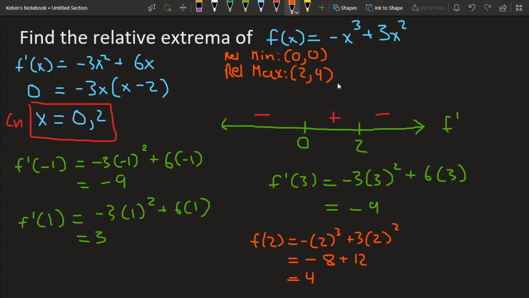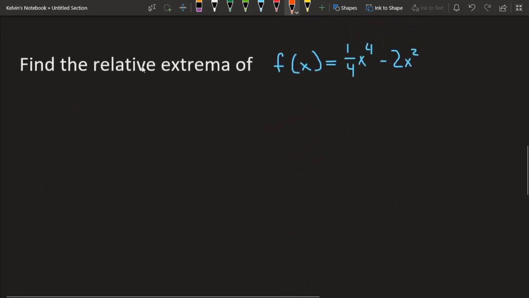So for our next example problem here, we're asked to find the relative extrema of f of x is equal to 1/4 of x to the 4th minus 2x squared. To do this, we have to follow the steps we did last time. We first have to find the derivative of this. So, f prime of x is equal to x cubed